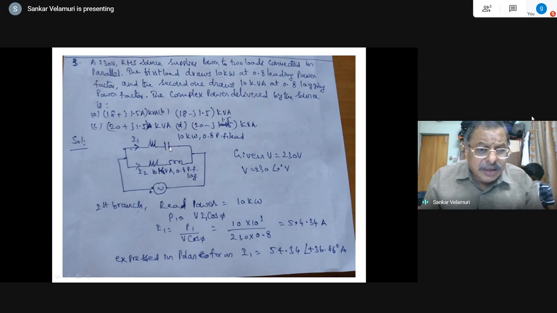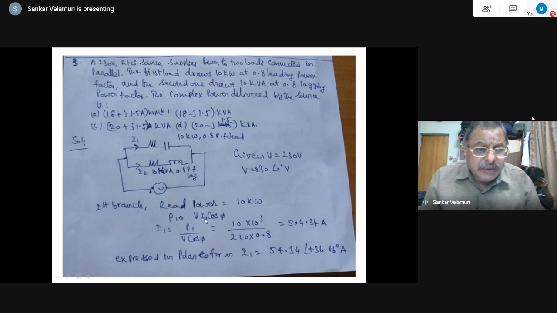Sorry. So I1 is the predominantly capacitive branch current, and I2 is predominantly inductive, right? So the power drawn in this is real power 10 kilowatts, that is P, and the power factor is cos phi L, and this is the capacitive branch. Complex power S is given as 10 kVA, and the power factor is 0.8 lagging. Now in the first branch, the real power P is equal to 10 kilowatts.